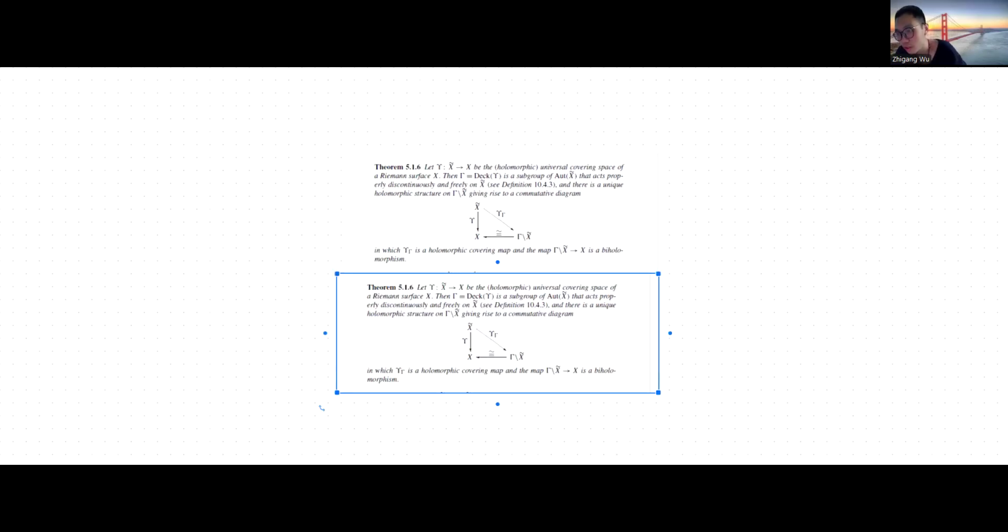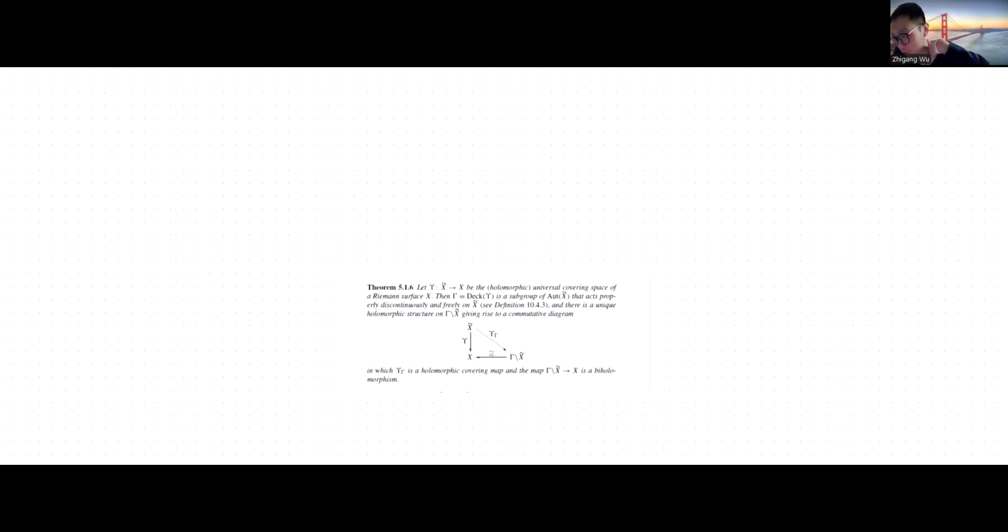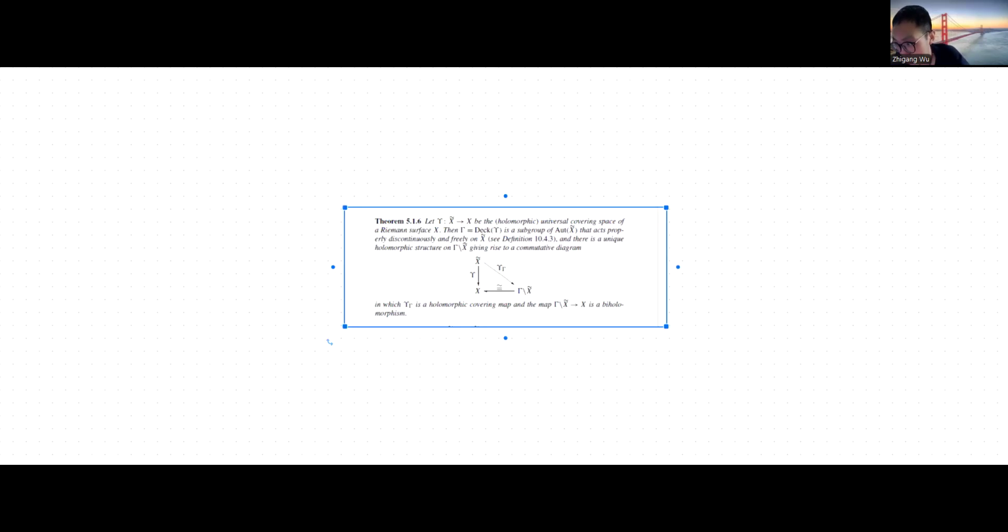Okay, yeah. So we use this theorem. So first, we construct the universal covering, right? And then we focus on the deck transformation group. Okay. And then we say that there is a unique